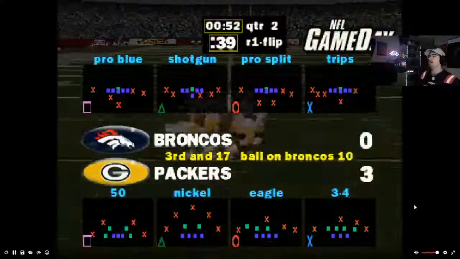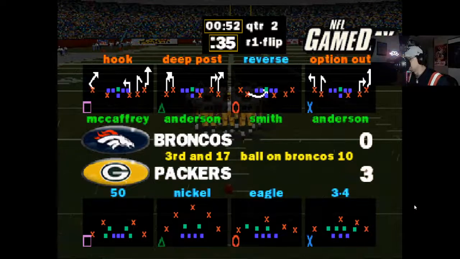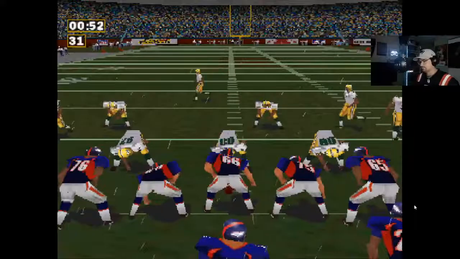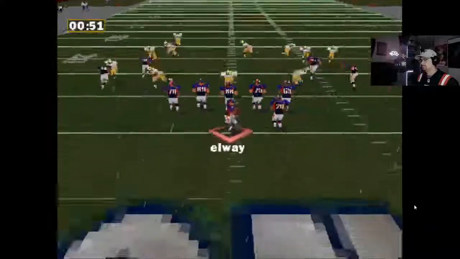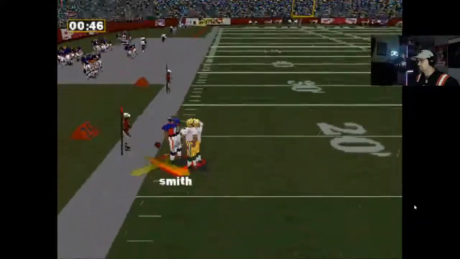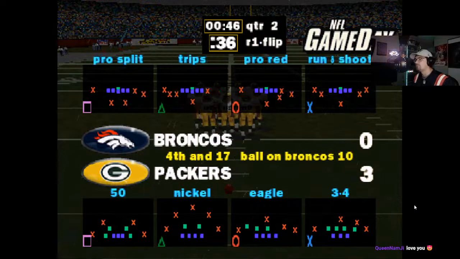Incomplete pass. Wow, dude, you gotta make a play for that. I don't blame him. Third and long. Incomplete pass. You know what? I'm going for it.